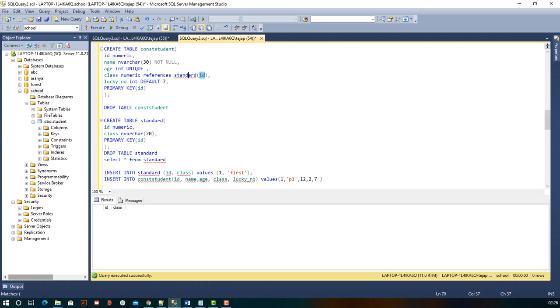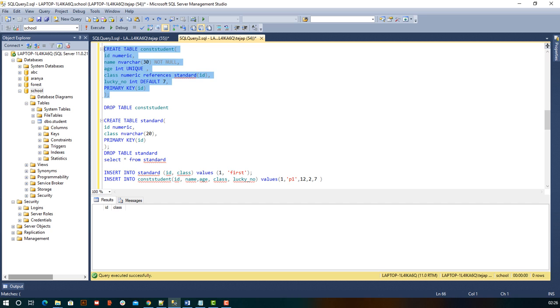Out of all those values which are present in the ID attribute of standard, only those values can be added here. So here we are referring to the values present in the standard table under the ID column. So this is the foreign key. So for the const student table, we have the attribute class, which is a foreign key referring to the standard table's ID column.